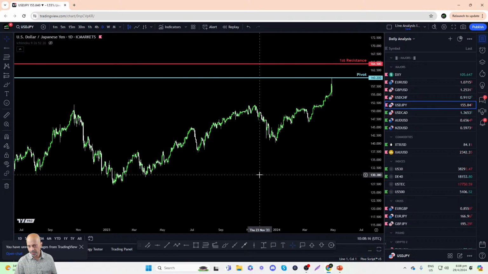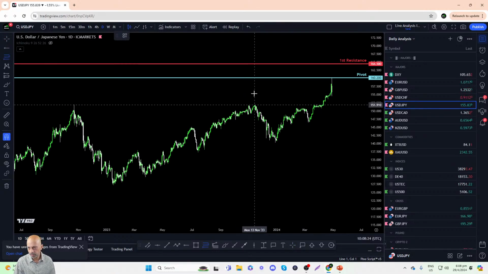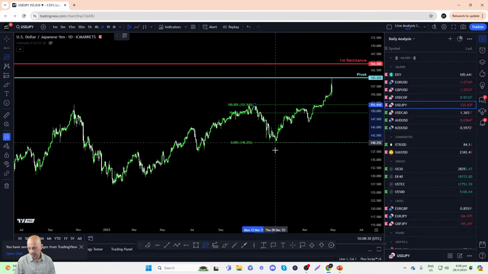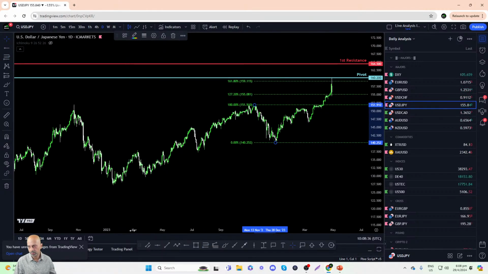the analysis if necessary. Right, so I'm going to try and see if there's any Fibonacci extensions that we can use. So extension levels are found by running a retracement. So we'll start from here. This high on 13 November 2023 going down to the low on 28 December last year. The key extension levels lie at 127 and 161%.